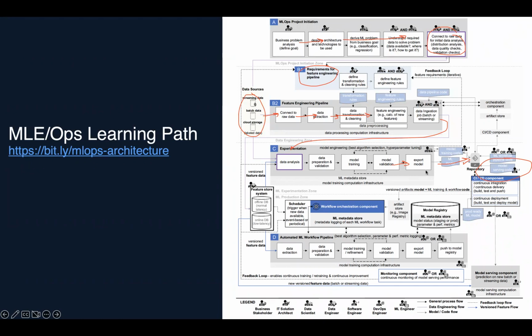And this involves CI/CD as well, because when we deploy models in production, you have to do some sort of continuous integration. You have to do testing as well, right? So you have to build, test, and push the model artifact because you want an automated process, right? And the model artifact will be pushed to a registry somewhere, right? It could be Amazon S3, right? Or it could be a specialized model registry tool. Right? And once the model is deployed, we need to start serving the models in production, right?